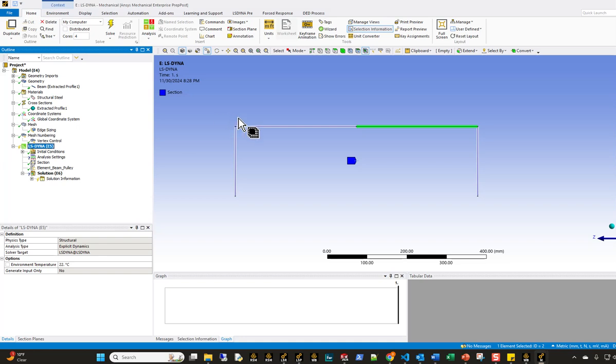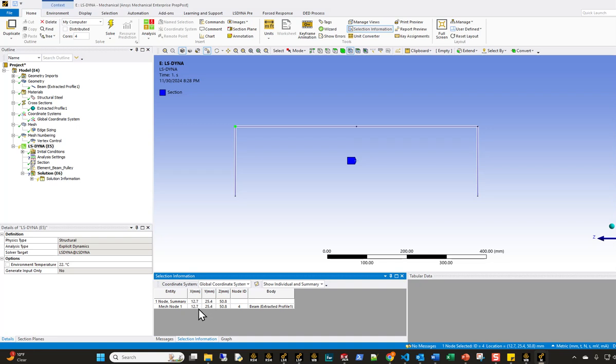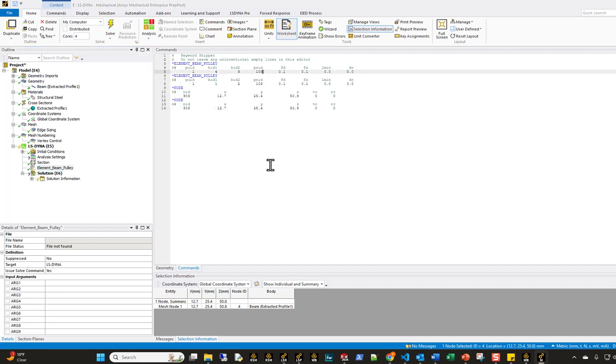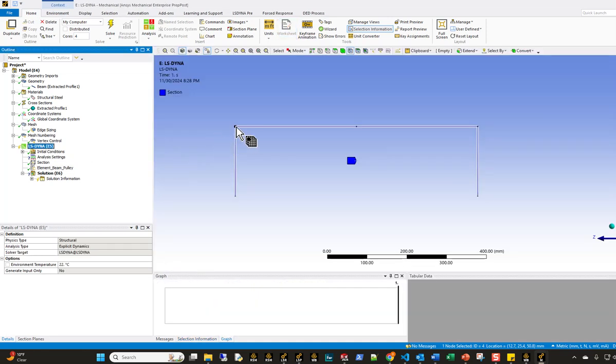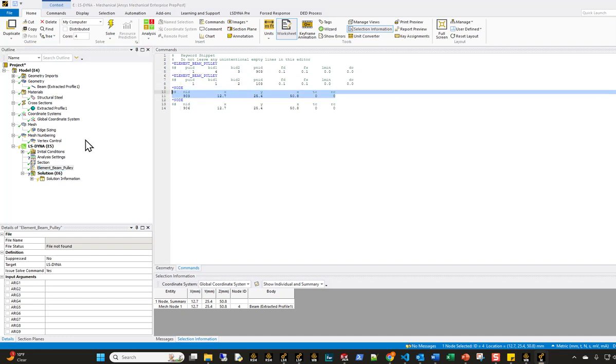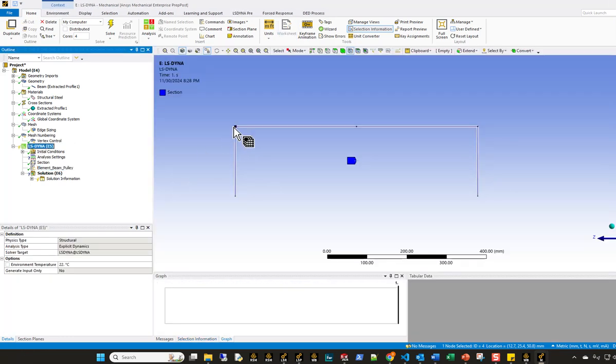All right. So this node right here, what I need to do next is to find the geometric location of this node, which has the XYZ 12.7, 25.4, and 50.8. So node 903 is going to be coincident with the node that's shared between beam 4 and 3, which is this node right here. So node 903, which I just created using the node keycard, is going to be in